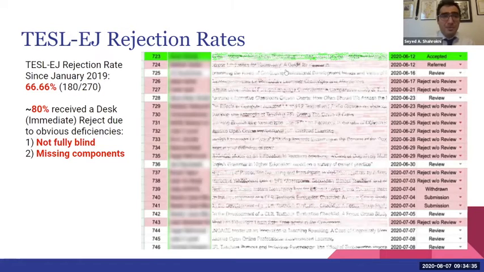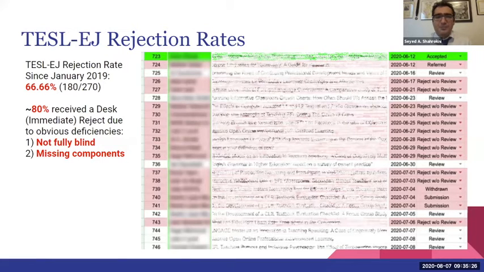part of our review roster and telling you, as you can see, the rows in red have been rejected, and 80% of these rejections have been because the manuscript was not fully blind, which means there was information about the authors either in the file, in the text, in the narrative, or in the file properties. So those parts that you can see which say reject without review, or sometimes we call them a desk reject, which means an immediate reject, mean